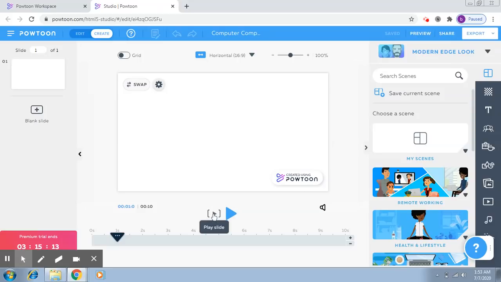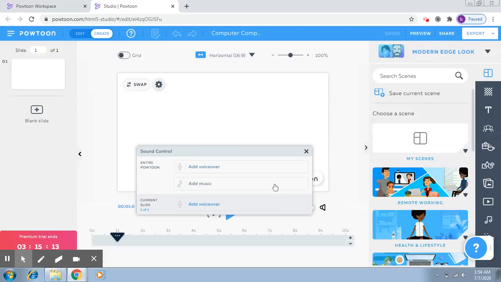These two buttons we already know. This will play the current slide, this will play the entire, and in fact play from this second onwards. Here what you can see, this part is the timeline. So here you will be able to see all the components that you will be adding, and you can decide at what point in time will those components appear in your scene. So this is your timeline. This is for sound. So when you click on this, you can decide what is the sound that will play in the background for maybe the entire Powtoon or for this slide only.